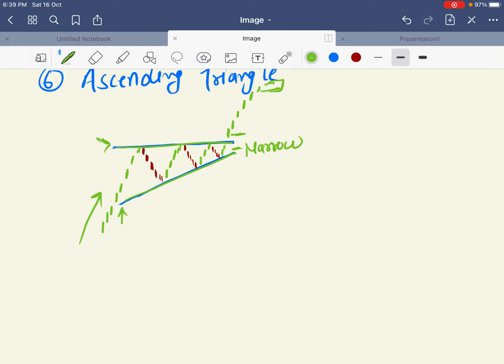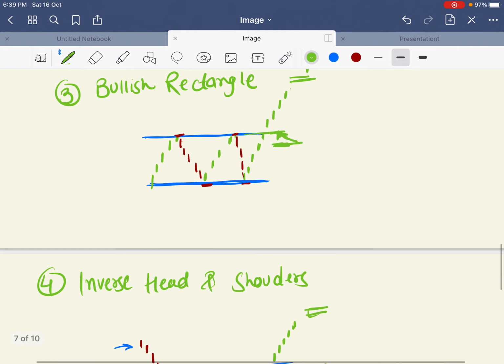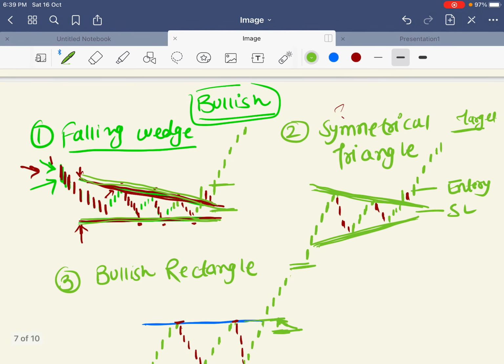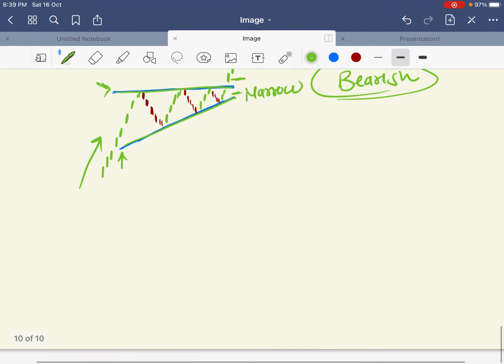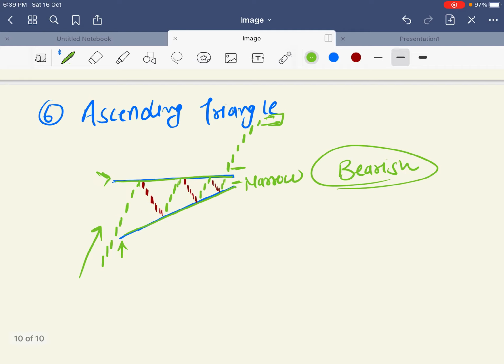So these are the most important and most profitable bullish chart patterns that you can recognize during your trade. I will discuss more about bearish patterns in the next video. I will upload another video for bearish patterns. So I have already covered these 6 most important chart patterns. Those are in bullish form. So we will discuss more about chart patterns which are bearish, and you can learn those patterns in the next video. Thank you.